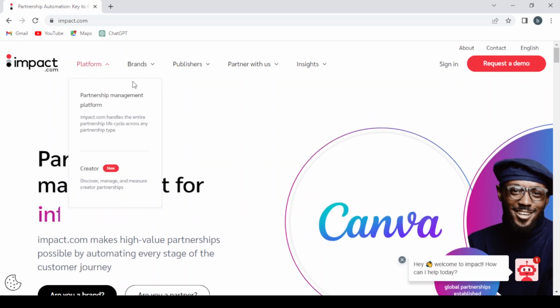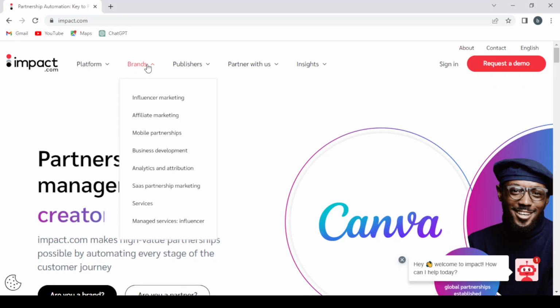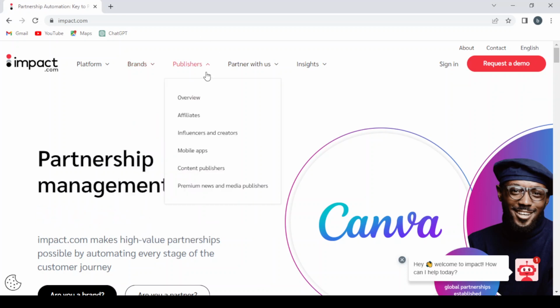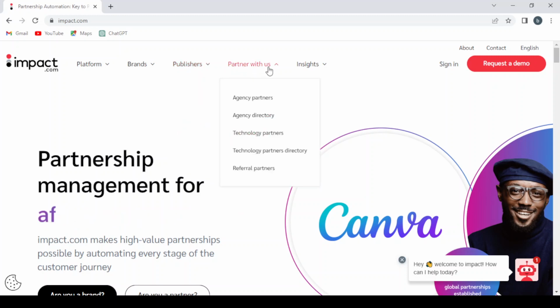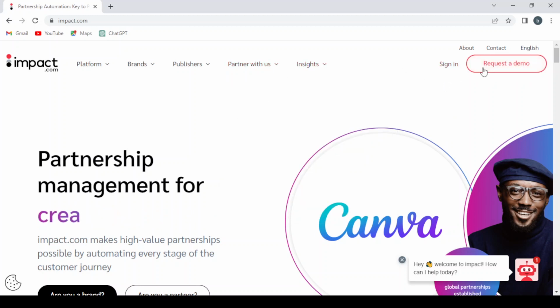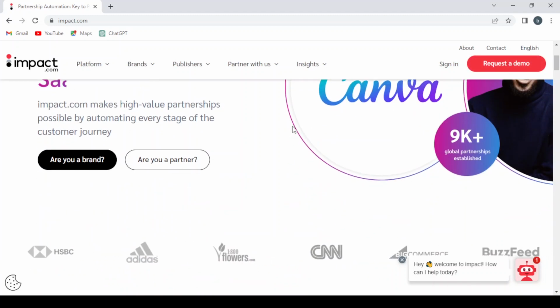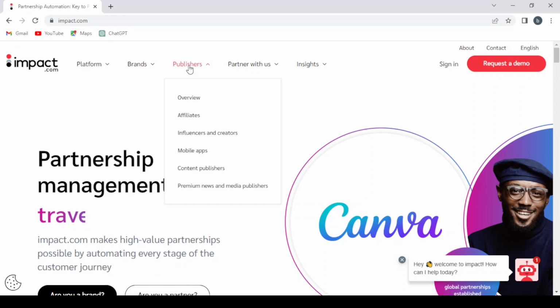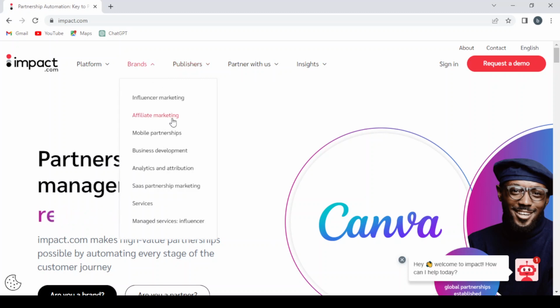So here we have the main page of our platform. We have the platform from here: partnership management, discover and recruit, contract and pay, and so on. Here we have the brands section: influencer marketing, affiliate marketing, mobile partnership, business development. And here we have the publishers overview: affiliates, influencers, and creators. If you want to partner with them, the insights, and here if you want to sign in or request a demo. So in this platform, we'll proceed in the affiliate marketing,